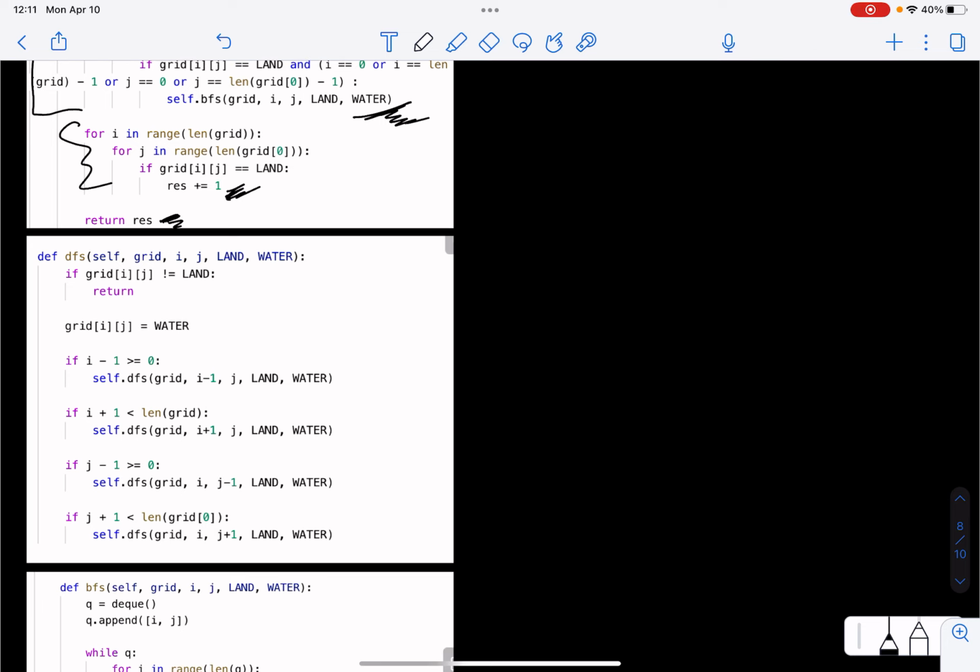So if a cell that we encounter is not land, if it's water, then we don't care about it, we just return. But if it is land, then we want to convert it to water, because remember, for each cell we encounter, it cannot be in the solution, because for that cell we can walk off the boundary. Hence, all the cells that we encounter during our traversal should be converted to water, as stated earlier. So we convert the land cell to a water cell here,